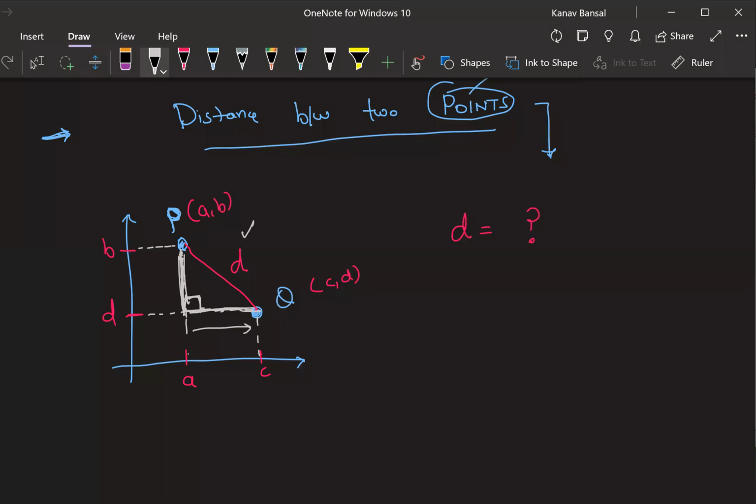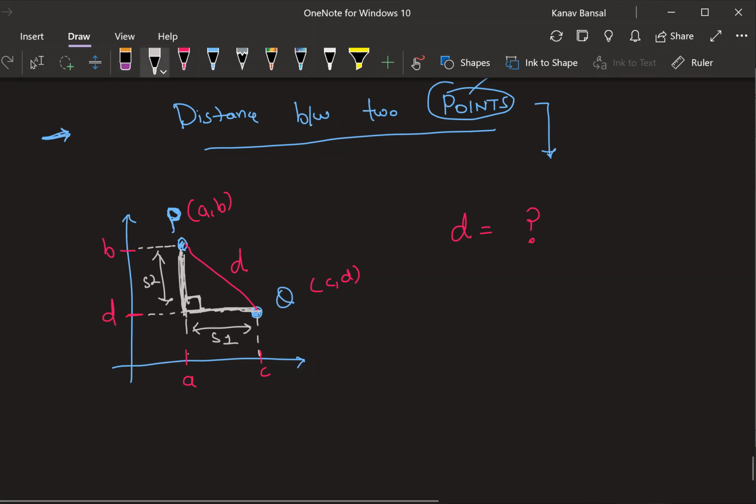Now we just need to understand what is this side 1 and what is this side 2. If we can understand what is side 1 and side 2, it is all easy to compute all these values. Now what is given to me? Given to me is nothing but AB and CD. We are given with these 2 points. I just want to calculate the distance between these 2 points. How do I do that now?